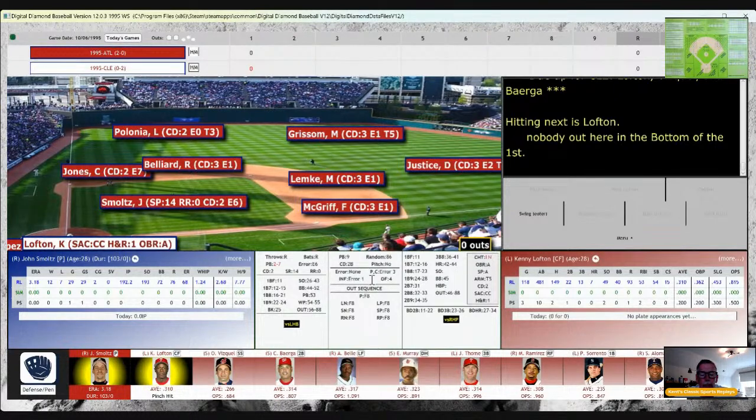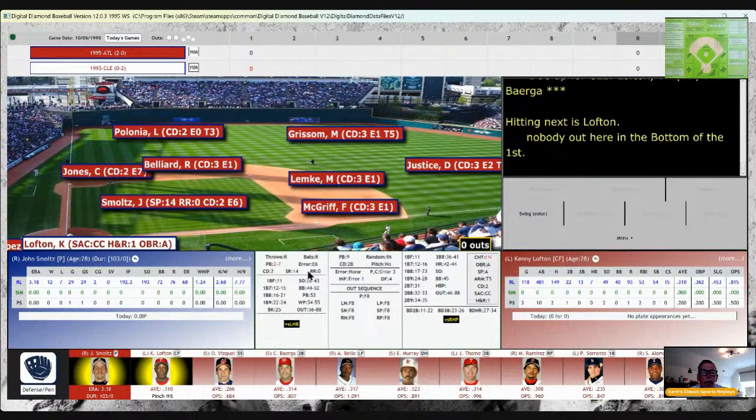Lineup for Cleveland, leading off is Kenny Lofton in center field. Batting in the second spot is Omar Vizquel at short. Carlos Baerga in the third spot at second base. Albert Bell in left field is batting in the cleanup spot. Eddie Murray, your DH for the game, is in fifth. Jim Thome batting in the sixth spot at third base. Manny Ramirez in the seventh spot. Paul Sorrento batting in the eighth spot at first base. And Sandy Alomar Jr. catching.